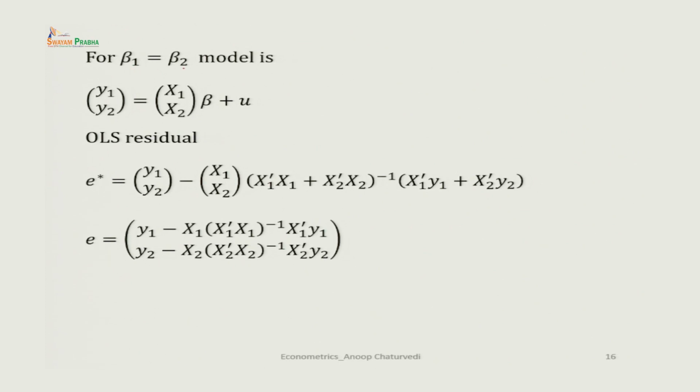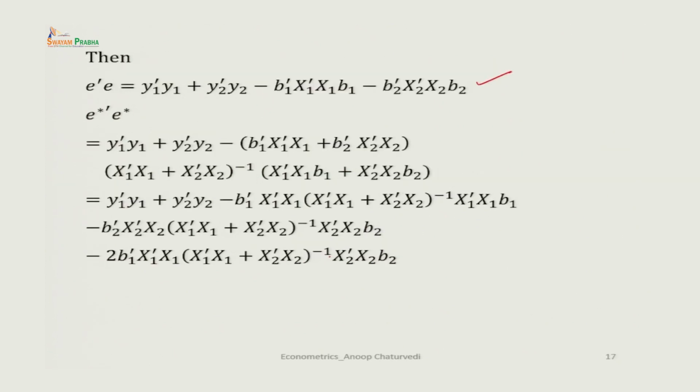So, for the model beta 1 equal to beta 2, we write the model as (y 1, y 2) equal to (x 1, x 2) beta plus u, and then the OLS residual is E star equal to (y 1, y 2) minus (x 1, x 2) b star, and then we apply OLS to this model. We get (x 1 transpose x 1 plus x 2 transpose x 2) whole inverse (x 1 transpose y 1 plus x 2 transpose y 2), and then E we have already obtained: E is equal to (y 1 minus x 1 transpose x 1 inverse x 1 transpose y 1, y 2 minus x 2 transpose x 2 inverse x 2 transpose y 2),